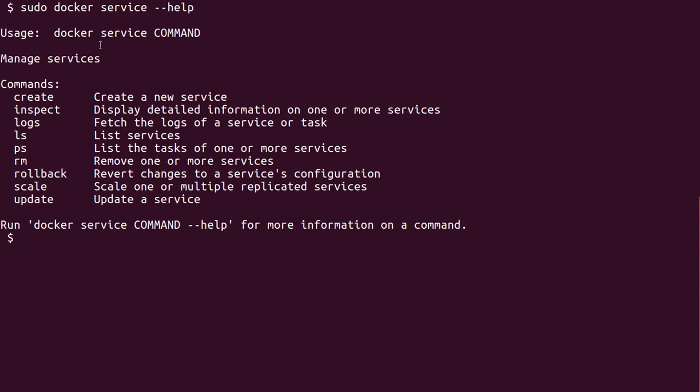The first one is create. With this option you can create the service, and once you create it, you can easily scale up the containers to n number of containers, depending upon how many hardware resources are available. Then you can easily roll back to the original state. We will also learn some of the options of the Docker service command, such as inspect